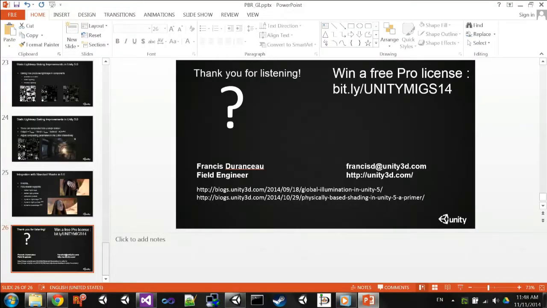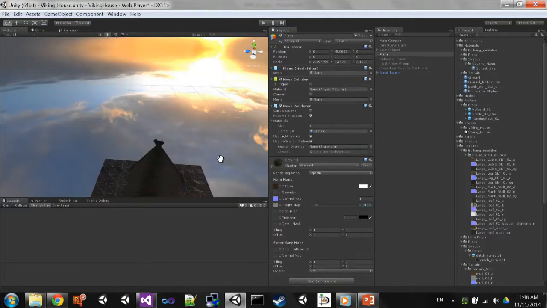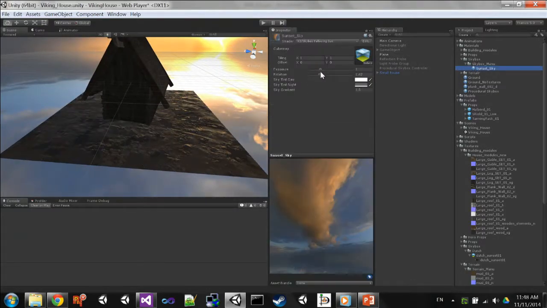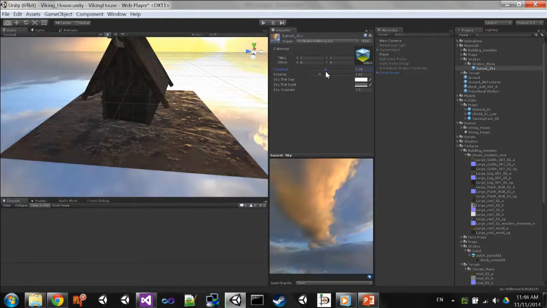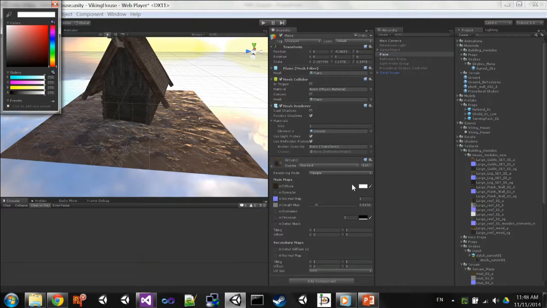Let's have a quick look at what it looks like in Unity, because I was saying, what happens if I change my sunset? I said I can change the exposure. We played a little bit, so we see that the lighting here changed. If I go on my plane and then I change the color of the light, and then